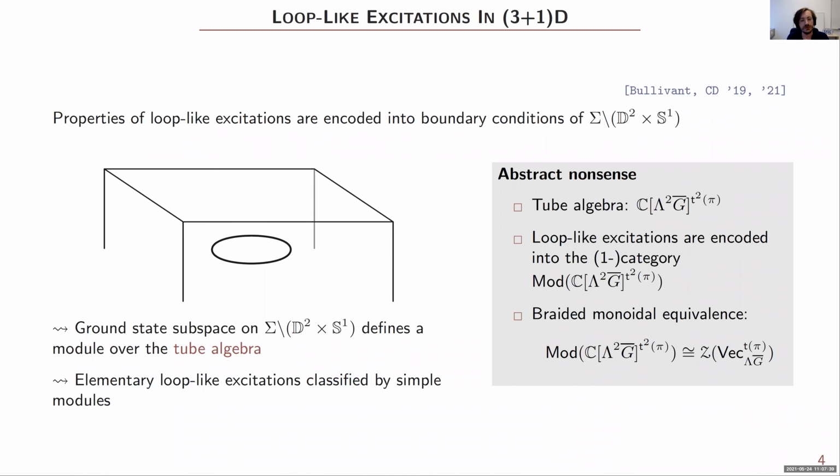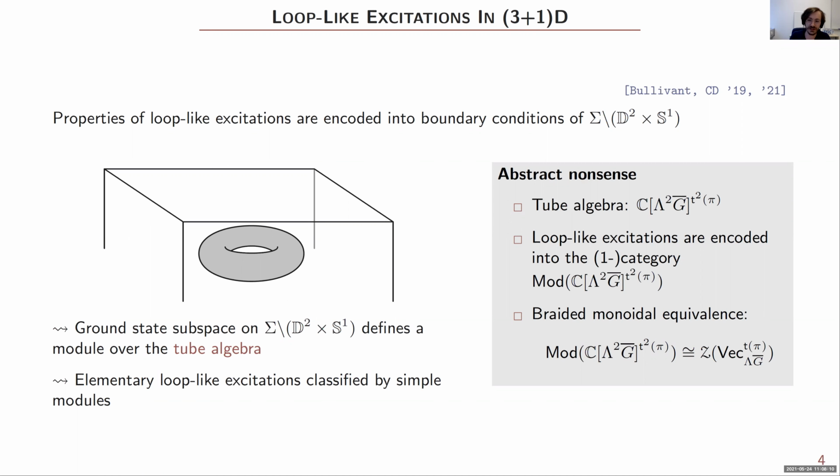Okay, so now let's go to 3D and let me discuss briefly the loop-like excitations. So first of all, I want to clarify that here, by loop-like excitation, I'm not referring at this point to fluxes or charges. I'm only referring to the topology of the defect, which will then support some fluxes and charges. So I have a string-like defect, and there is some regular neighborhood around it, which is a solid torus for which the energy is higher than that of the ground state.